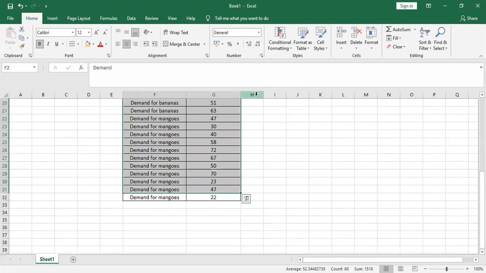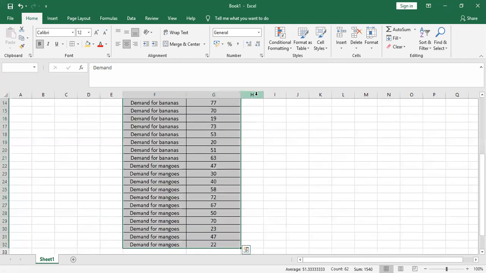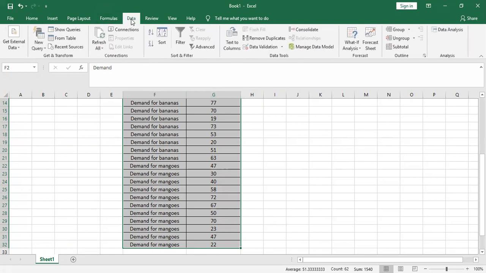To select the whole table in a single way, what you can do is select the initial cell and then press Shift plus Control and the downward arrow, and you can select the whole table. Okay, then you have to go to the data tab, which is near the formulas tab. So you are going to the data tab and then there is this subtotal.